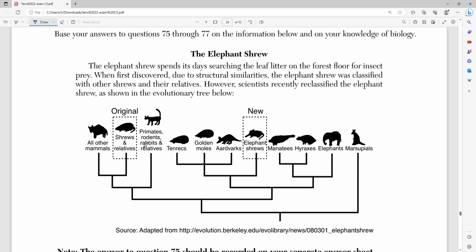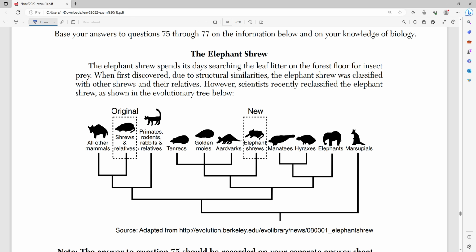This is called the Elephant Shrew. The Elephant Shrew spends its days searching the leaf litter on the forest floor for insect prey. When first discovered, due to structural similarities, the elephant shrew was classified with other shrews and their relatives. However, scientists recently reclassified the elephant shrew as shown in the evolutionary tree below. Right? So